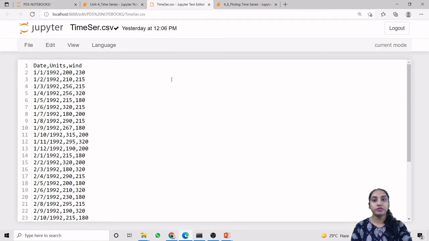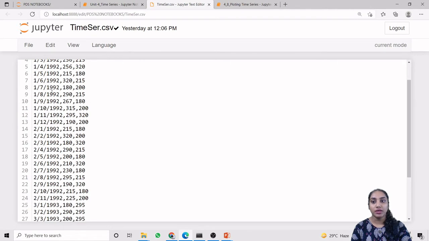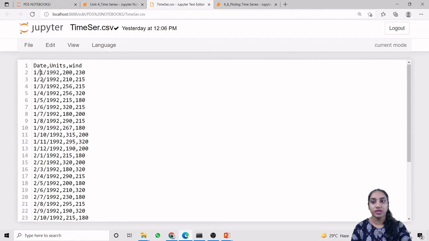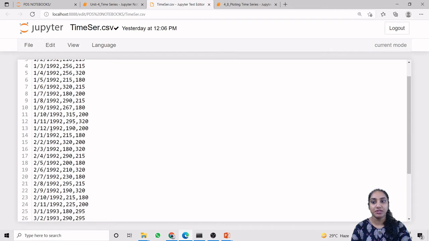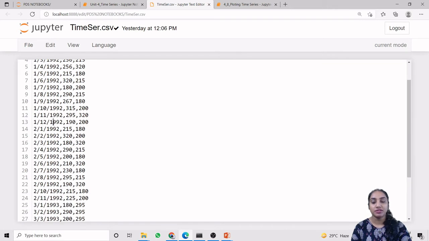Now moving forward to the multiple values for your time series data. Actually this data will be in lakhs of records, but for our ease of purpose we are taking only one CSV file, that is time series.csv, in which we have three values: date, units and wind. This is the date, which is starting from 1/1/1992, and this runs January, February, March, April till December.